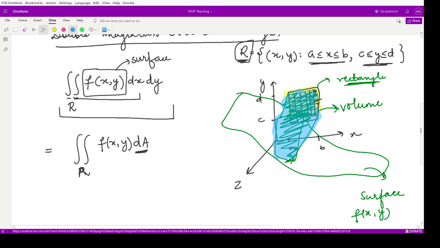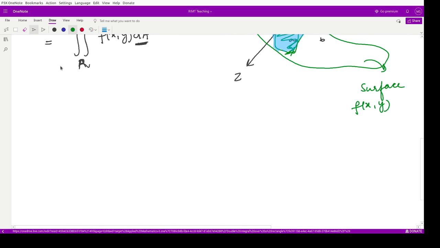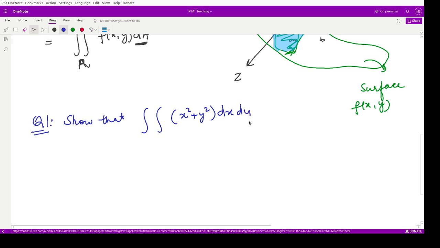So let us have some examples, so it will be more clear if you see some problems based on this. So for the first question, we have to calculate or show that the integration of the curve x square plus y square dx dy over the limits. Here the limits with respect to x, because here we are calculating first with respect to x, would be of x. They are given to be 0 to 3, and the limits with respect to y are given to be 1 to 2. Show that this quantity is equal to 16. So this is our first question.